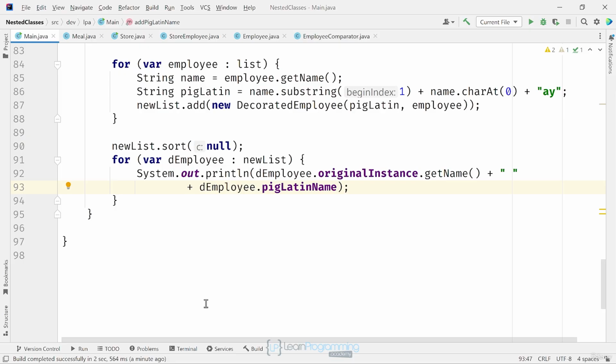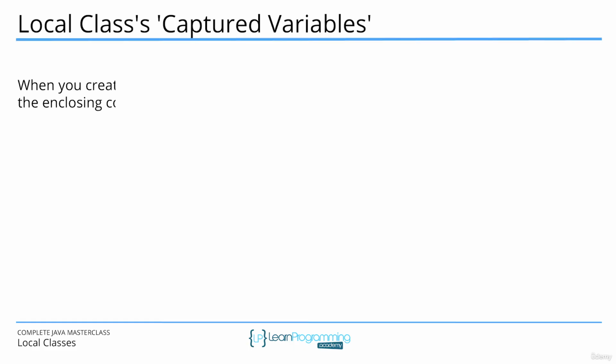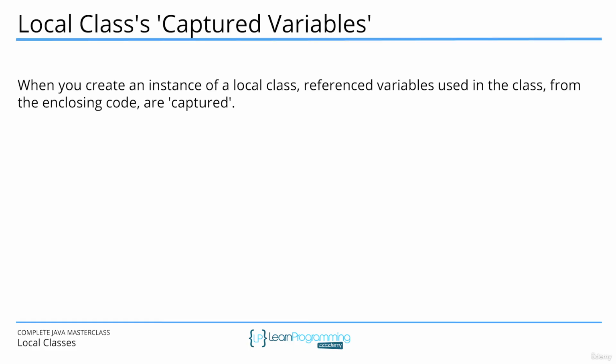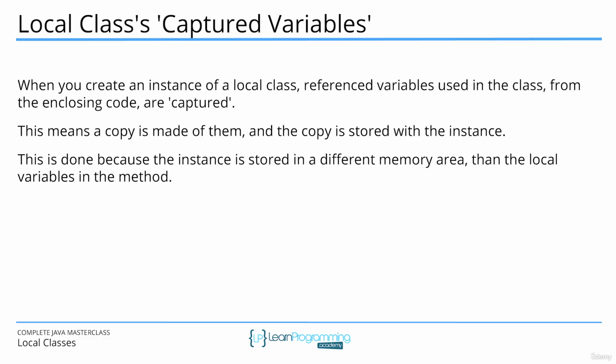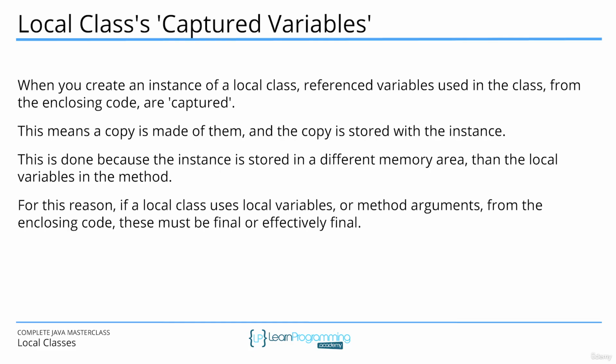Finally, the last thing you need to understand is final and effectively final variables. This is because local variables can only be used in a local class if they are final or effectively final. So what does this mean? When you create an instance of a local class, referenced variables used in the class from the enclosing code are captured. This means a copy is made of them and the copy is stored with the instance. This is done because the instance is stored in a different memory area than the local variables in the method. For this reason, if a local class uses local variables or method arguments from the enclosing code, these must be